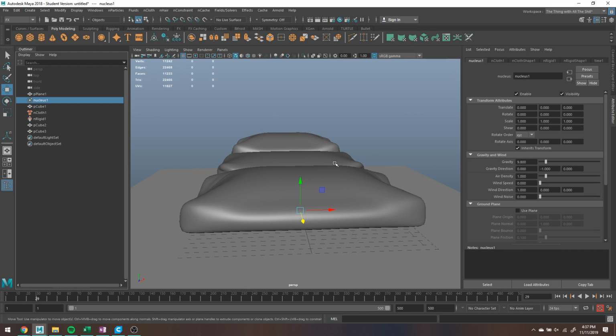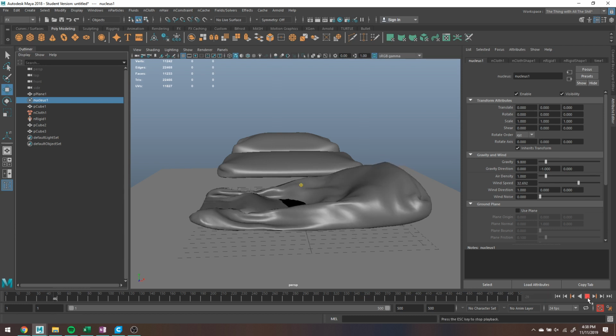But if I went into my nucleus and turned on a little bit of wind and wind noise. So wind speed is basically just, I'm going to take wind and blow it straight in a direction. In this case, the direction is the X, Y, and Z, so it's just going to blow straight along the positive X, from the left to the right of my screen. So I'll make that really aggressive and play that, and you can see that your NCloth is now